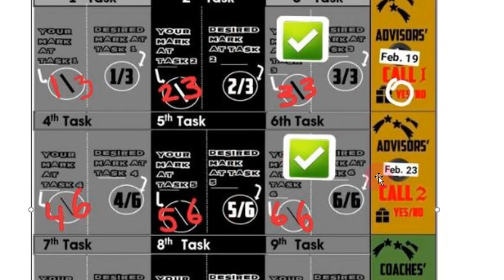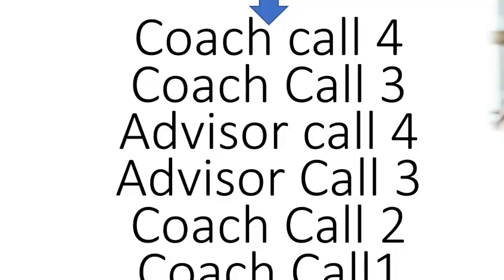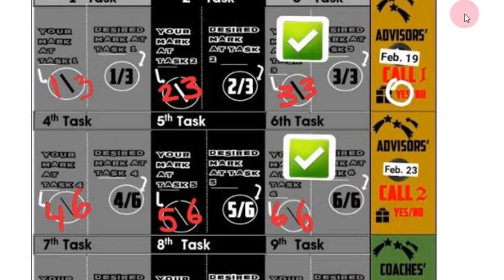Check, he's going to get this call here. Okay, he's going to get this call. All right, now the calls are different. I just want to tell you, these calls here, if you have the standard service and you join the program for free, you only paid for the lessons, you will get one call here. So you'll get advisor call one time, advisor call 2 one time, coaches call 1 time. You'll get all of the calls 1 time.